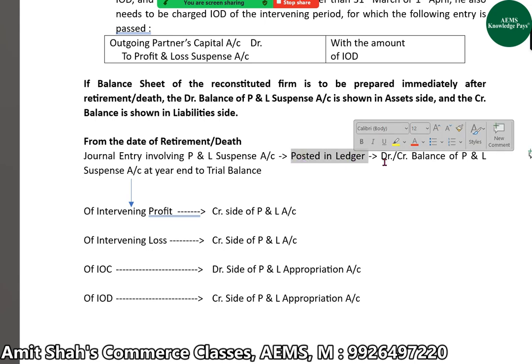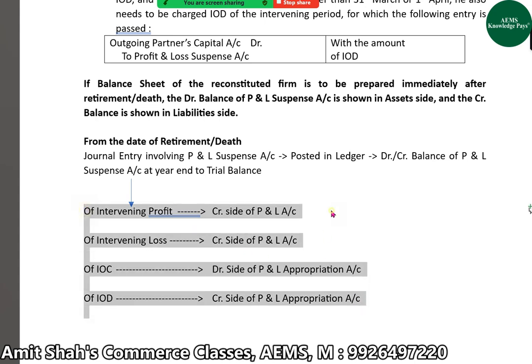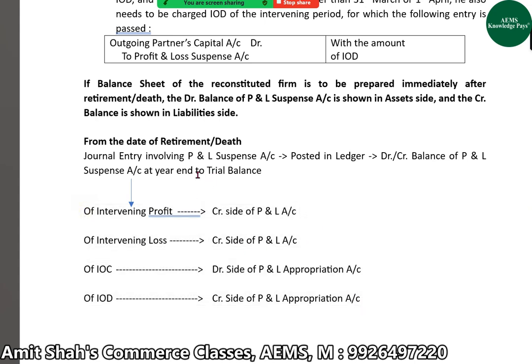So it will go from ledger to trial balance. Correct or not? Yes, sir. From the trial balance, how will you present this debit or credit balance? That is mentioned here. The balance of P&L suspense account